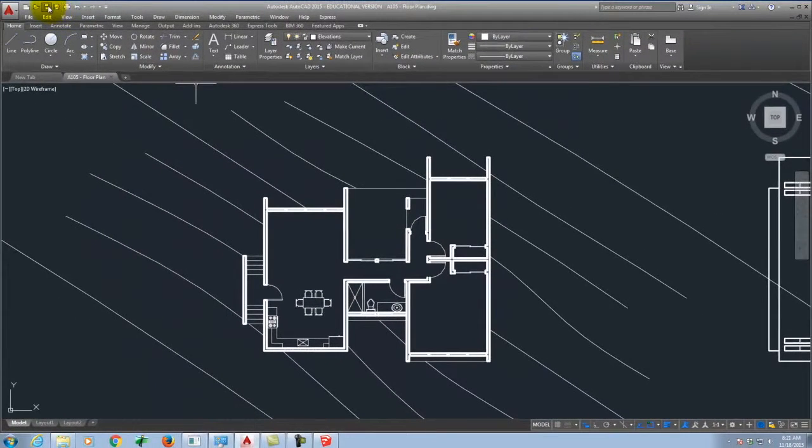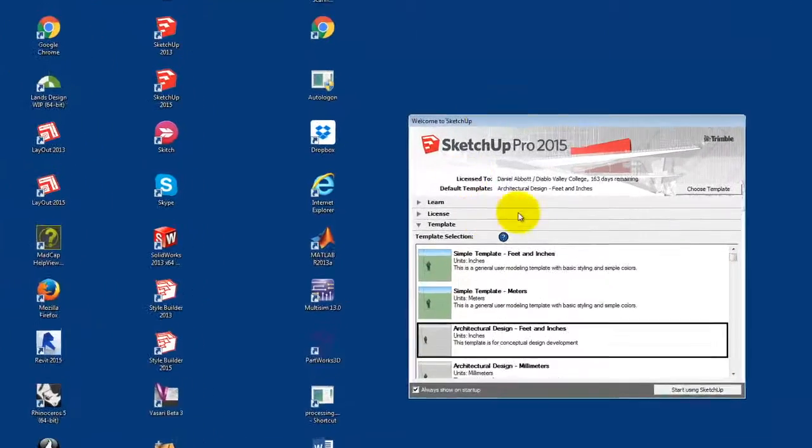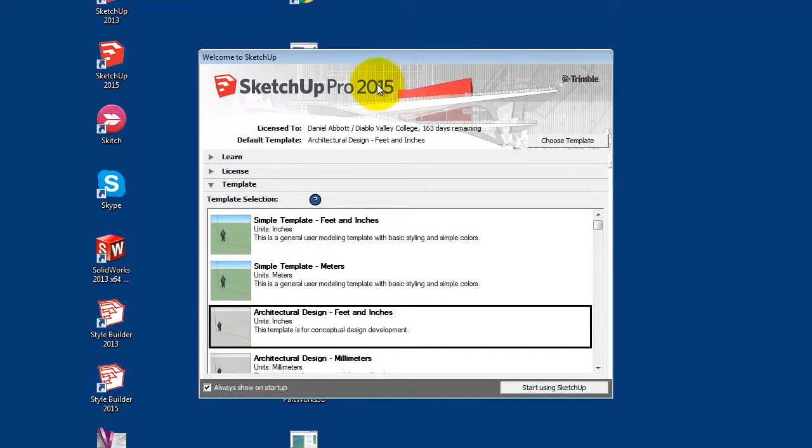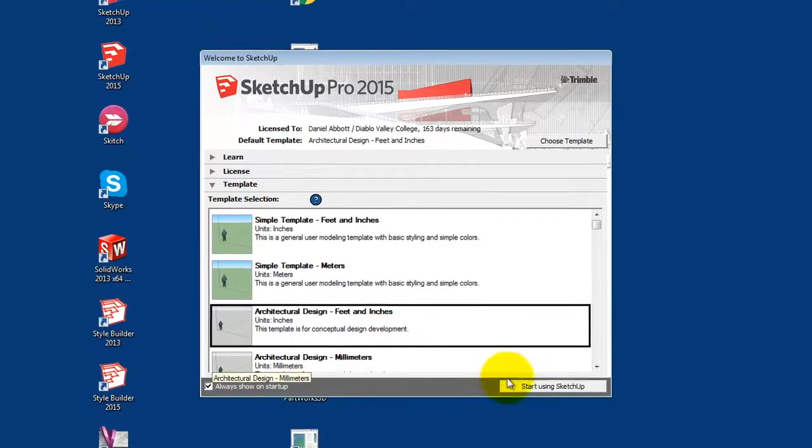So I just went ahead and I saved my work. And I'm going to go ahead and jump over into SketchUp. And so I've already opened SketchUp up. I am going to check the little triangle next to template and make sure that I pick architectural design feet and inches before I start using SketchUp, because I'm going to want to make sure that I'm in feet and inches,